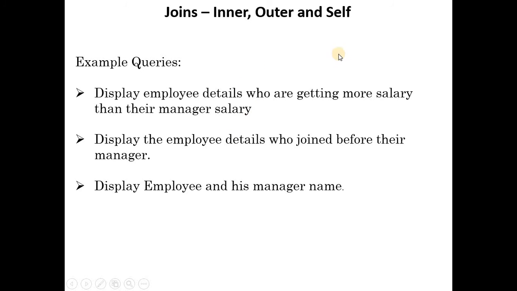There would be a table which will mention the employee ID, the manager of that employee, and the salary of the particular employee, right? So now if you want to get the details of employees who are getting more salary than the manager, you have to join the table with itself, so that using the employee ID you will get the salary.